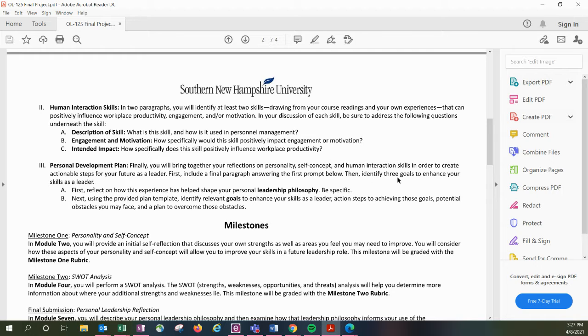So in your discussion of each skill, you need to be sure to address the following questions underneath each skill. So let's say I wanted skill number 1 to be communication. You need to make sure that in your first paragraph about your skill that you're addressing A, B, and C. So A is description of the skill. What is the skill and how is it used in personnel management? So for A, in each of your paragraphs, you're going to be describing your skill and how it's used in